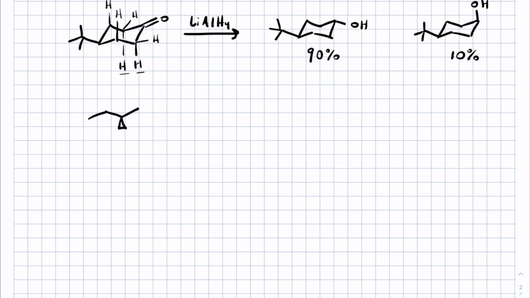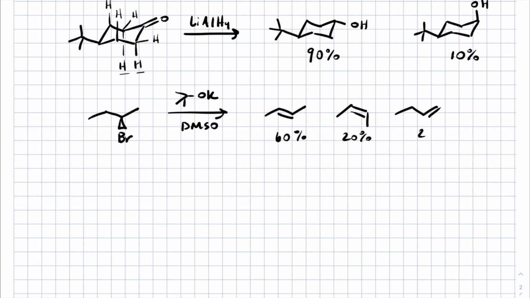Another example where stereoisomer is possible is the E2 reaction, where there's lots of different protons beta to the leaving group, and therefore you're going to get a mixture of cis and trans olefins and the monosubstituted olefin, and experimentally that's at about a 60-20-20 ratio. And it turns out if you tried the other enantiomer of that bromide, you get the exact same ratio of products. The stereochemistry in the starting material doesn't turn out to matter here or influence the diastereoselectivity